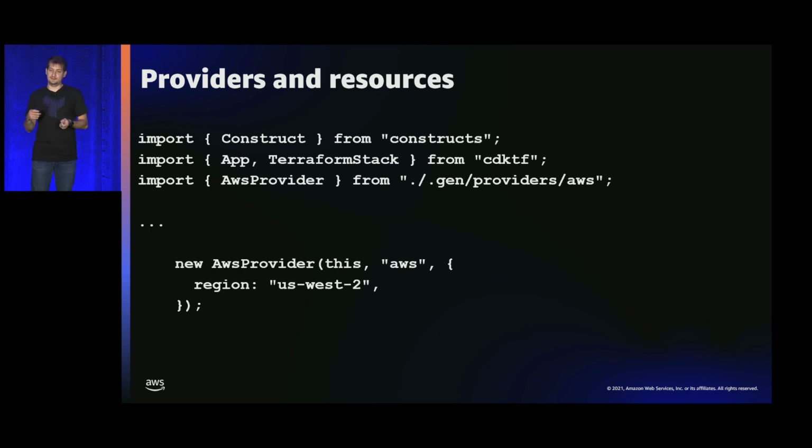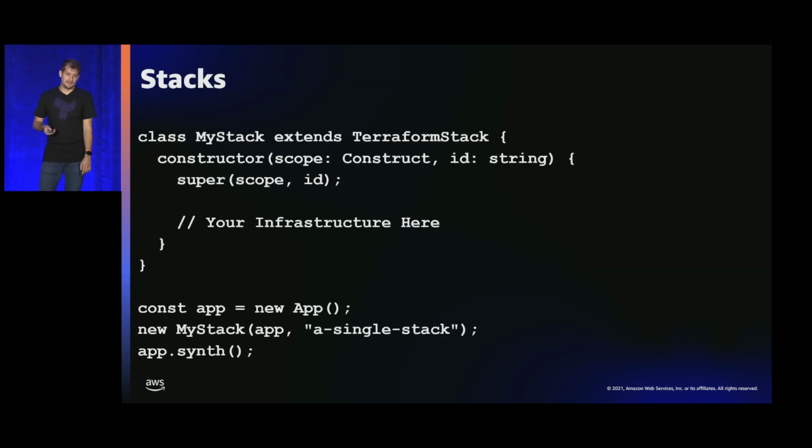Next up are the CDK-TF libraries and different interfaces that we'd want to use there as well. So app, Terraform stack, I use a lot more in the demo code, and I'll walk through those too. And then the AWS provider, which is from this generated directory, and then we'll take a look at that. And it's as easy as standing up new AWS provider and then passing a region to that. I live in Los Angeles, and we're kind of close to Oregon here as well, so we've kept this as US West too.